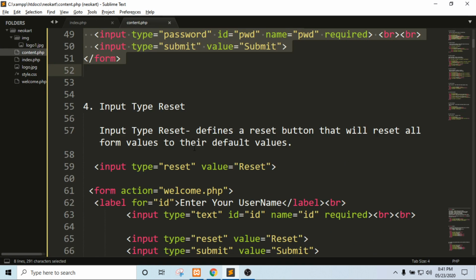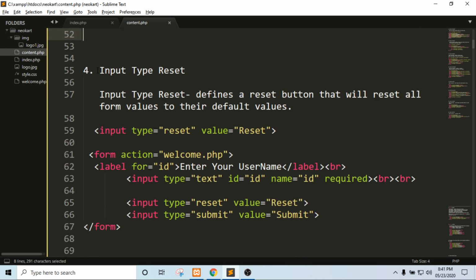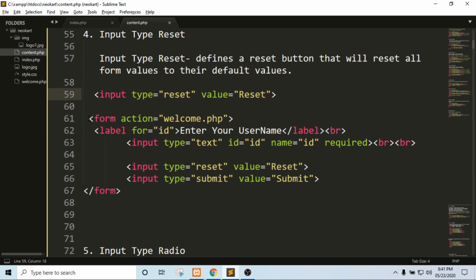Next one is input type equals reset. It's a reset button that will reset all form values to their default values. This is the structure: type equals reset, and now we can see.